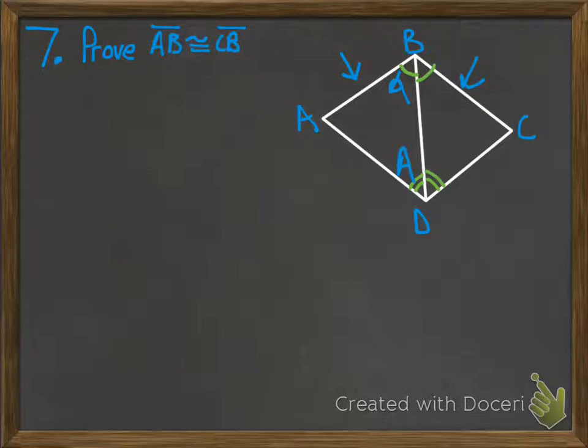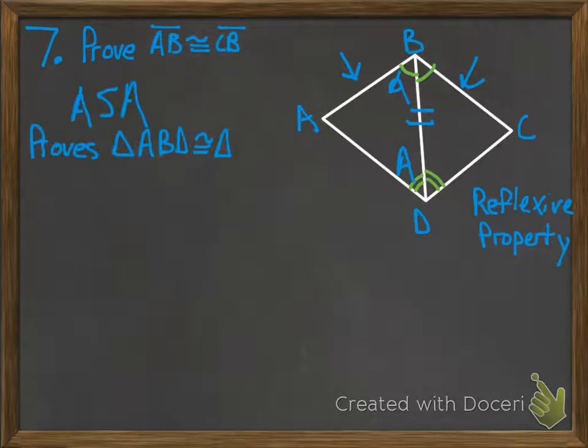So we don't have enough information yet, but using the reflexive property, we should be able to tell that BD is congruent to BD. So based on that, we have side, oops, I have to erase that. We have angle, side, angle. And angle, side, angle proves that triangle ABD is congruent to, now if we start with A, just right there,